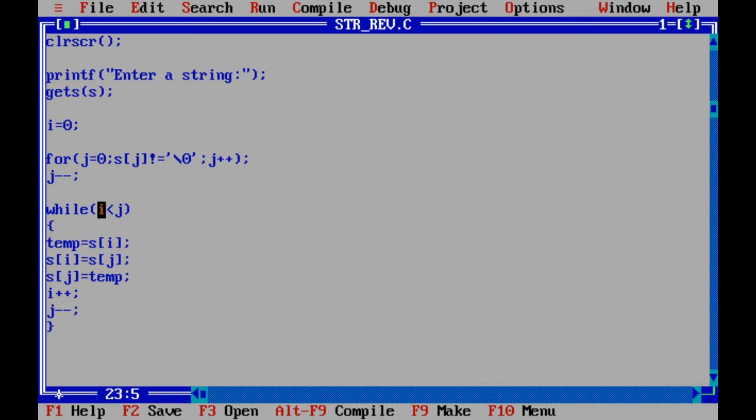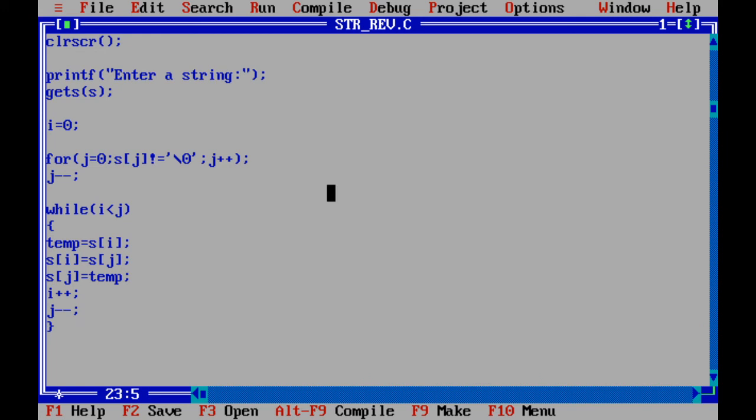Now i is 1 and j is 3, so s of 1 and s of 3 will be interchanged.